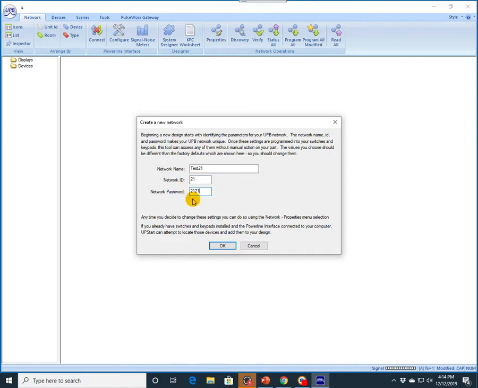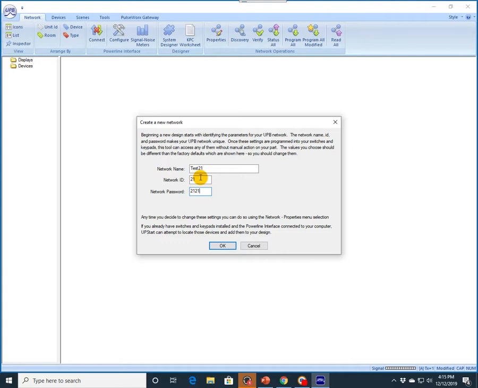This is how we normally train folks to use Upstart. The way we do that is we tell folks to make the network ID match the last two digits of the address where the network is installed. The reason for that is UPB is a pretty powerful communications protocol. In some cases, you could control devices in the home next door if both of you were on the same